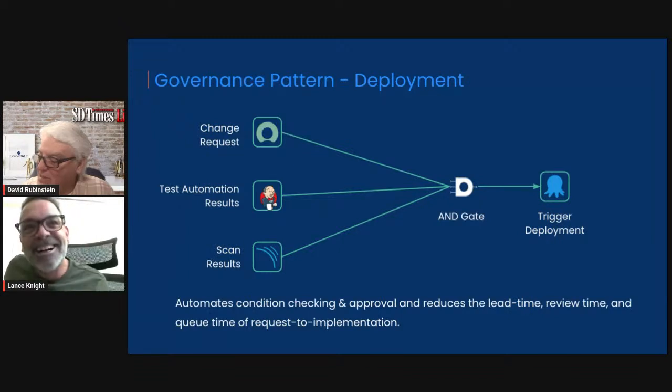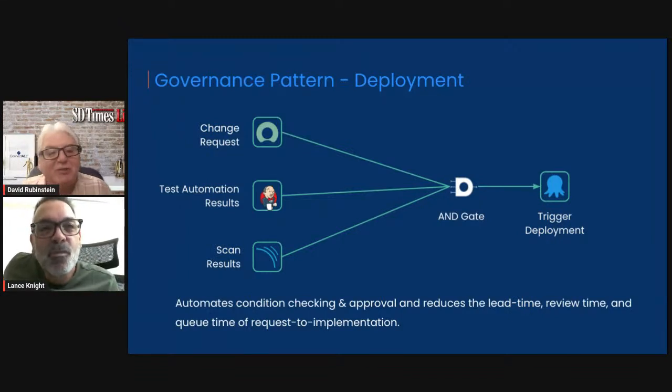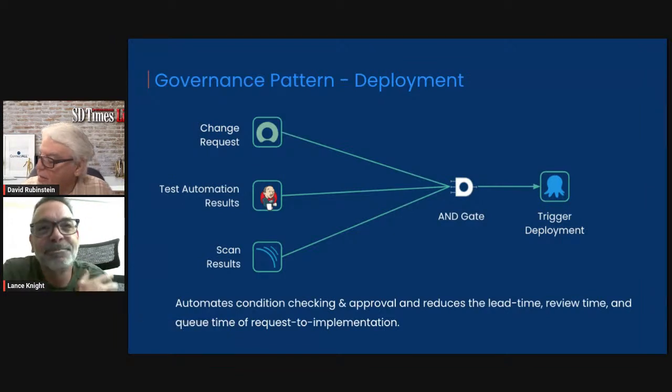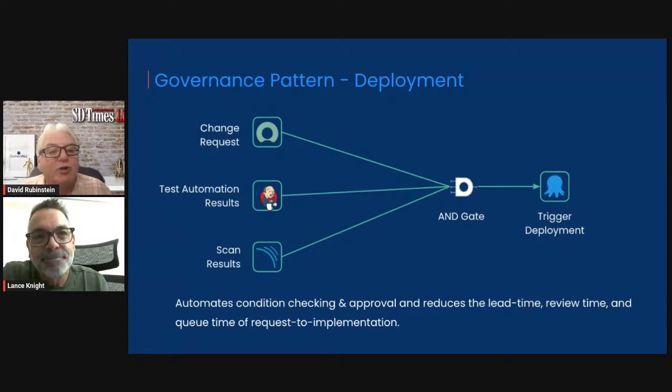Lance Knight, again, President and COO of Connect All. Thanks again for your time. And to our audience, this is the first of a 6-part series. In the coming sessions, we'll be talking about top patterns that can connect things like business value to development, governance and compliance, DevSecOps, all these topics. And then we'll talk about some top automation patterns for things like DevOps delivery, portfolio, even ITSM. And we hope you'll join us for all of those.